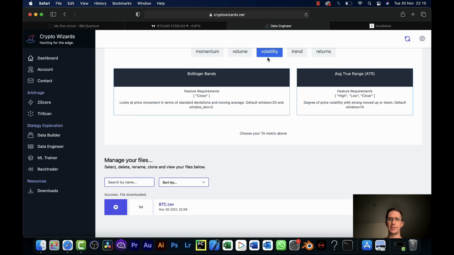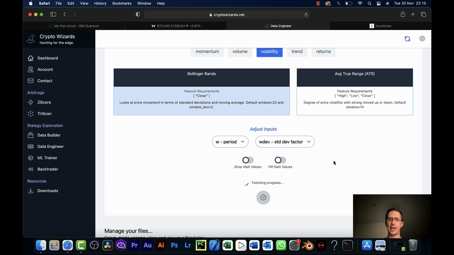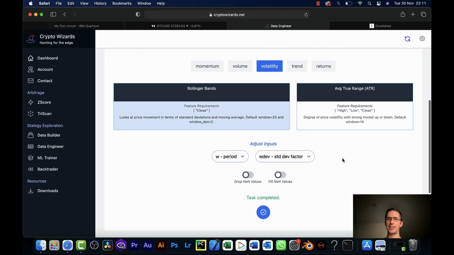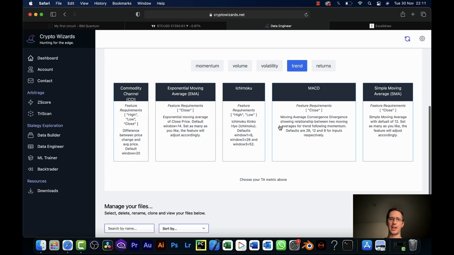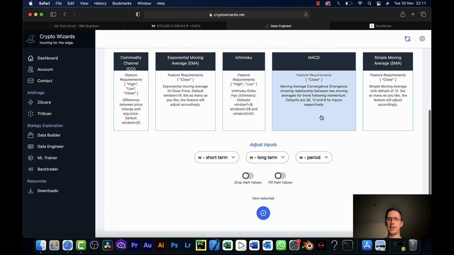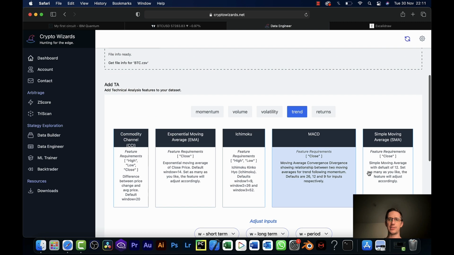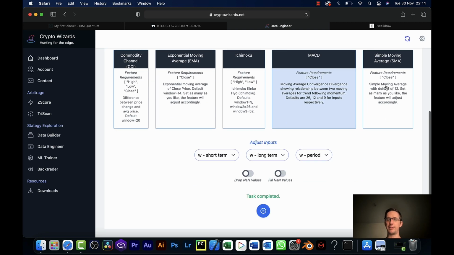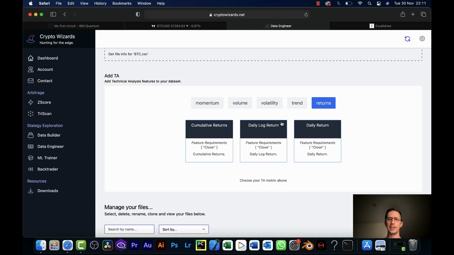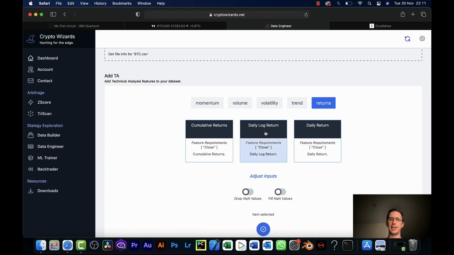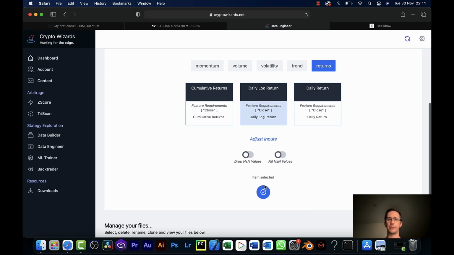And then in terms of volatility, probably Bollinger Bands. What I like about Bollinger Bands actually is we are looking at standard deviations, etc., and I think that's kind of useful. And then I'm going to add in maybe MACD, because that's a very popular one. I could add in moving averages here, as many as I want to, really. And then returns, this is something I always add in to every data set, the daily log return. So it takes the close price, calculates the log, and looks at the return of that, which is very useful for machine learning. So I'm going to add that in too.